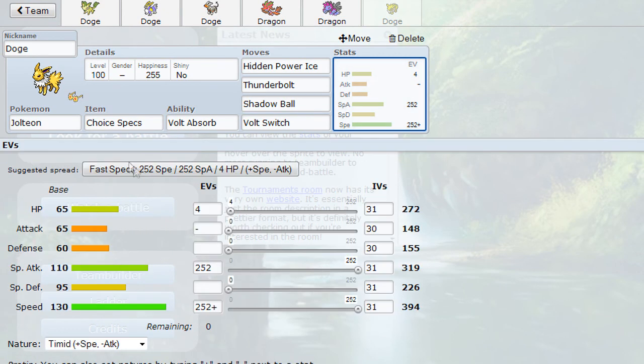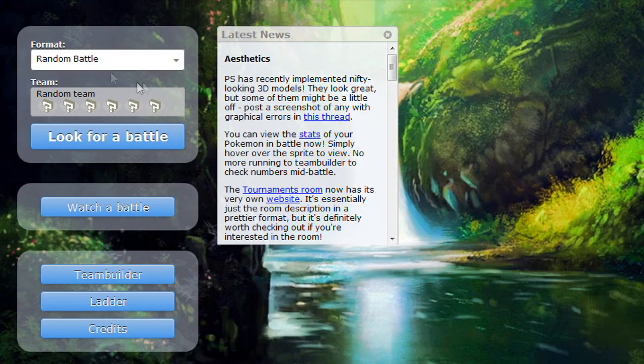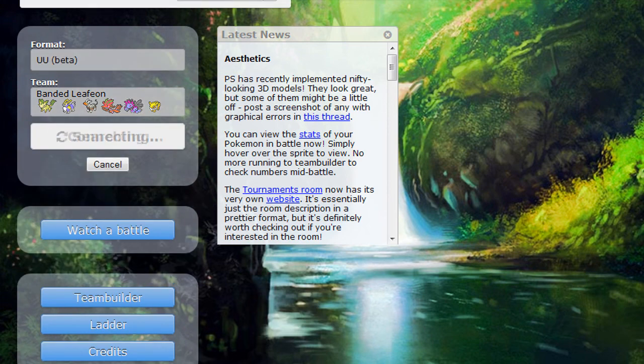Specs, just because Jolteon is really quick naturally. Got decent base special defense, which is nice as well. So yeah, it's obviously a really good Pokemon. Was in OU last generation, and yeah, I might switch the item on that